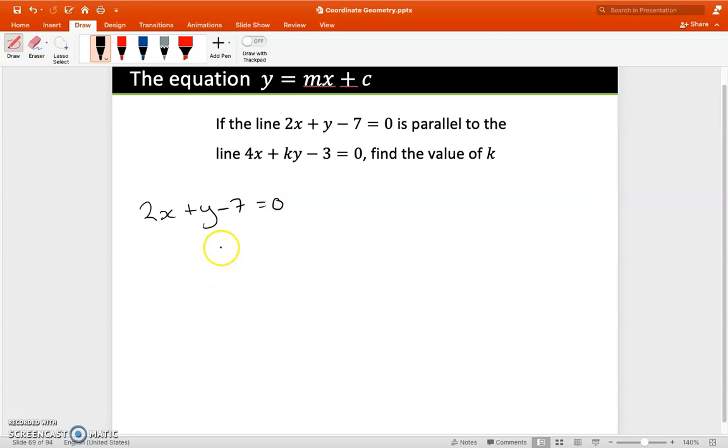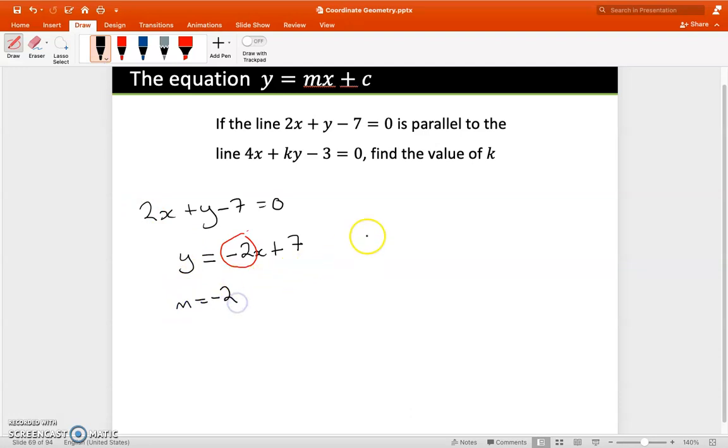So we're going to do the same thing. The y stays on the left-hand side and the other numbers go on the right-hand side. This 2x goes to the right-hand side, it becomes a minus 2x. This minus 7 goes to the right-hand side, it becomes a plus 7. Then the slope is the number in front of the x, which is minus 2. Okay, so my slope here